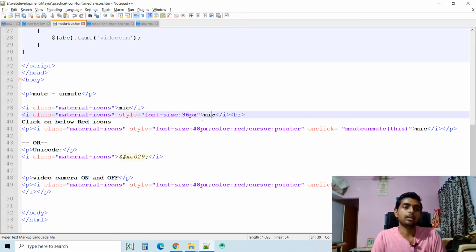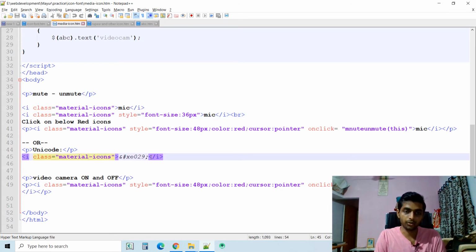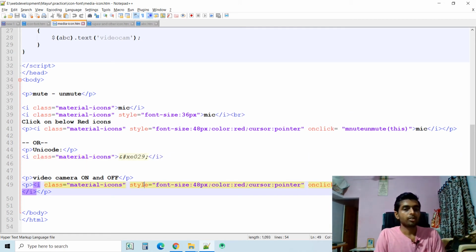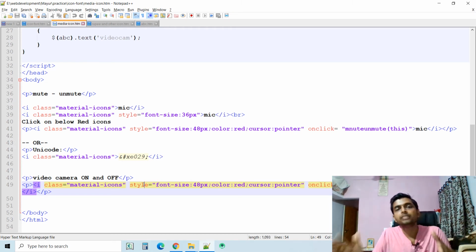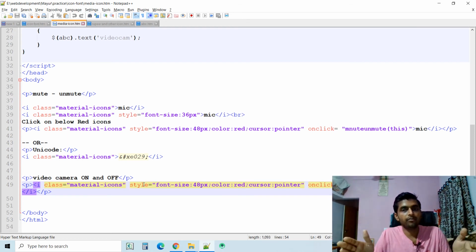That's the simplest, and I can even use Unicode characters like that for video on off functions. This is a more simplified solution. We have to find simpler solutions to help our developers create a perfect solution within a short period of time.